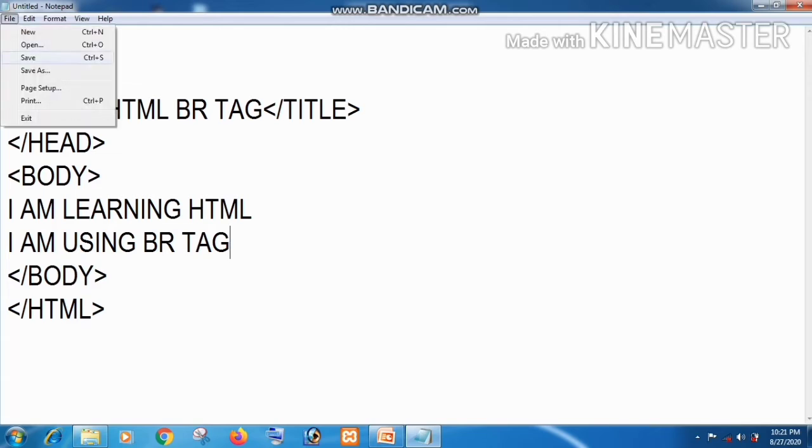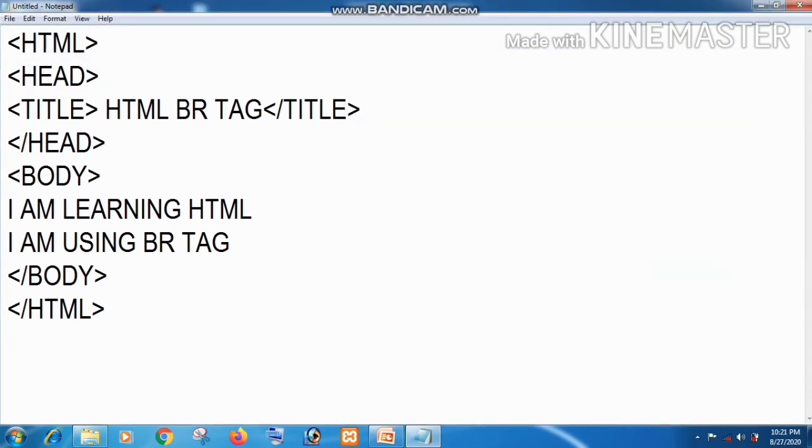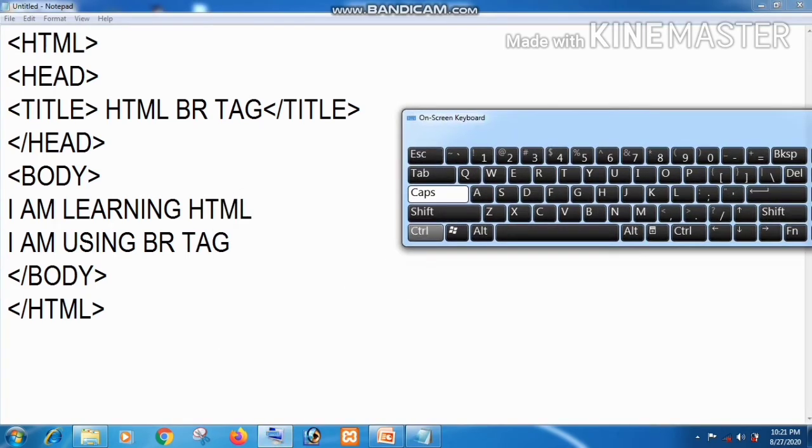Another option is available from the keyboard: we can press Ctrl plus S together to save the file.